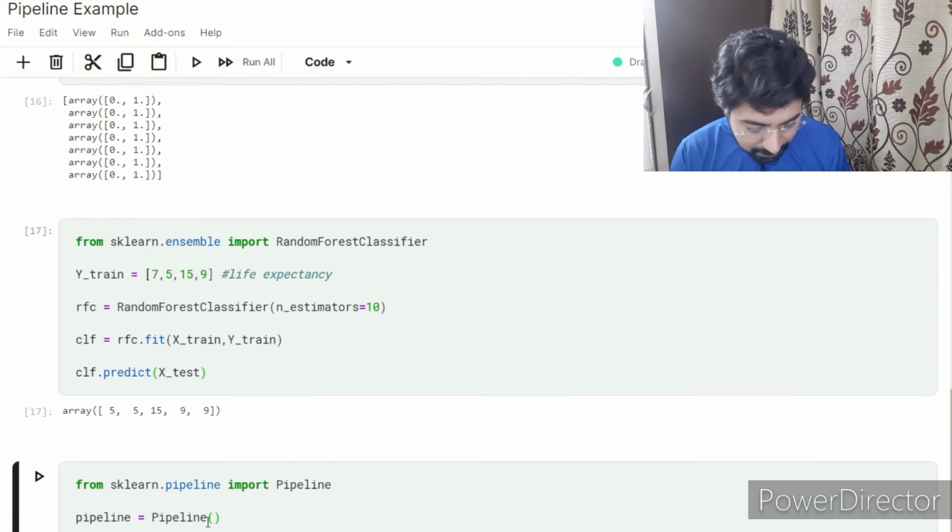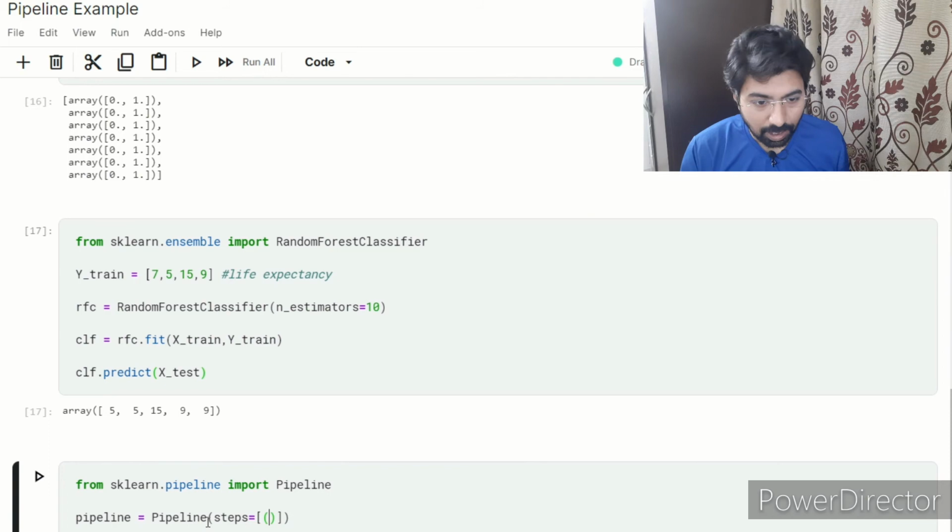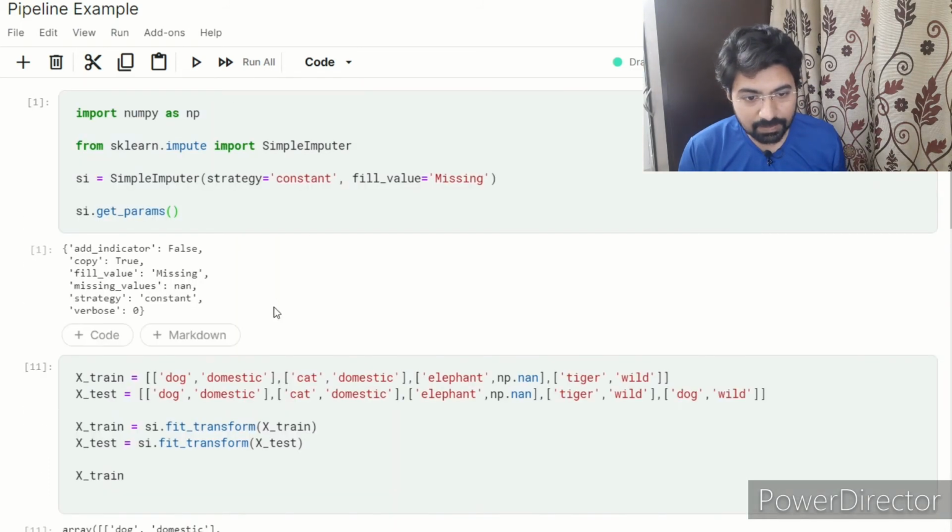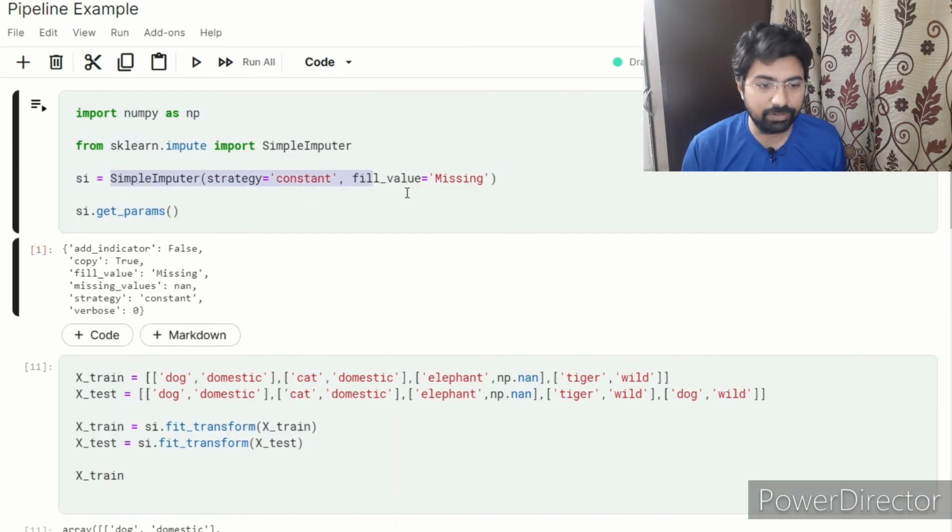So steps is equal to an array of the applications, and each of these applications will be in its own bracket. This is my first application, right, both on the train and test data. Just simply copy it here